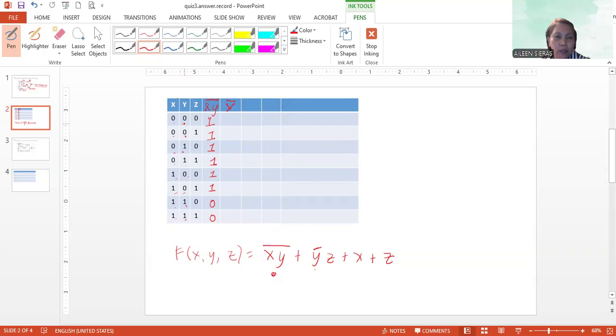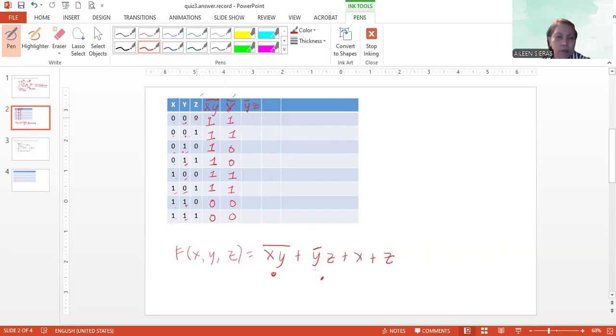So just simply write here, the first input is 0. So not 0 is equal to 1, not 1 is 0, 1, 0, 0, 1, 0, 1, 1, 0, 1, 0. Okay, we already have our y bar. So since we already have our y bar, we will get the whole term here, which is y bar z. Y bar and z. Okay, so this is the value of your y and this is your z.